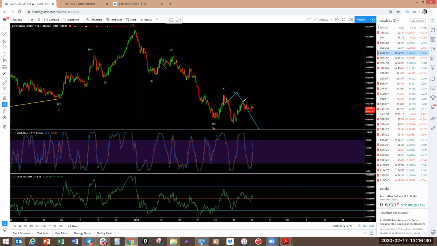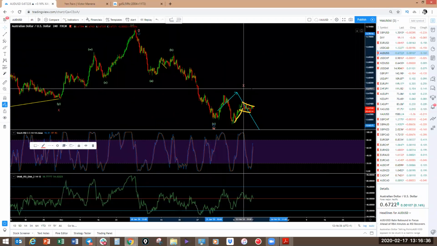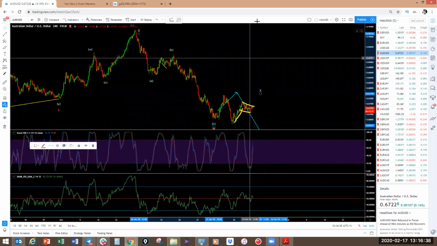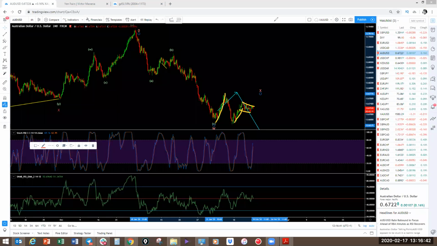Aussie US dollar structurally making this correction after this impulse. Remember, we're looking at this to possibly make this X wave. That means the X wave is going to be a 1. This is an impulse. So that's another impulse. Only this yellow starts the correction. So let's draw that one in green. So if that is the case, and we're going to make this an impulsive move here, a correction move here, we're possibly going to take the top here. And if we take the top here,